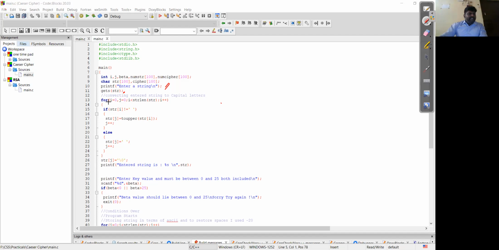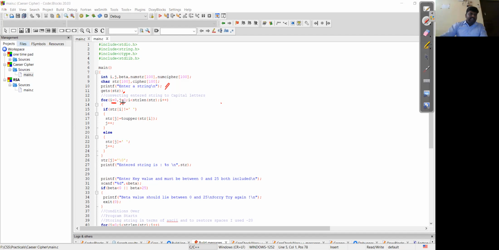For that, again, I'm going to use the for loop, where I have i equal to 0 and j equal to 0. One variable will be used for the small letters, and the other variable for the capital letters.